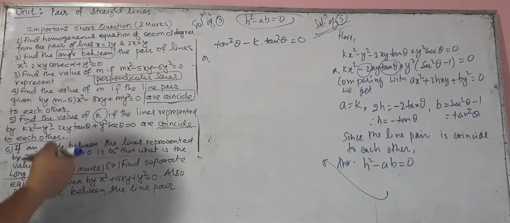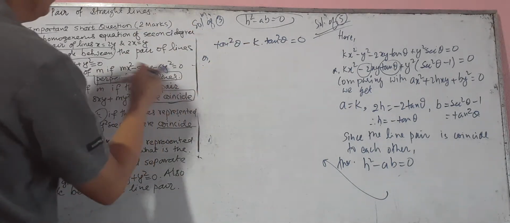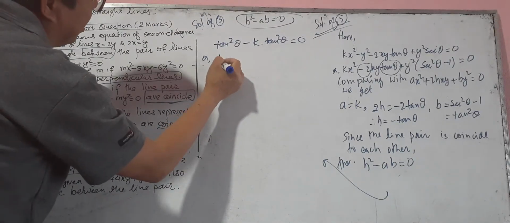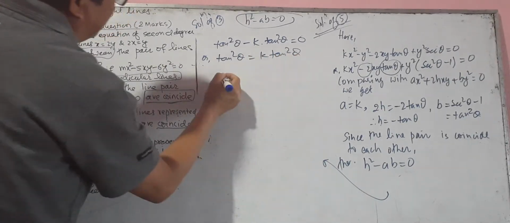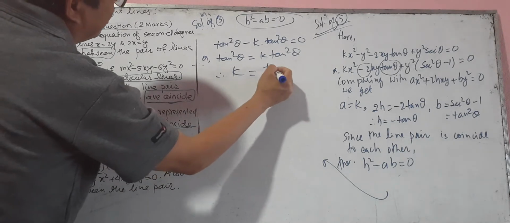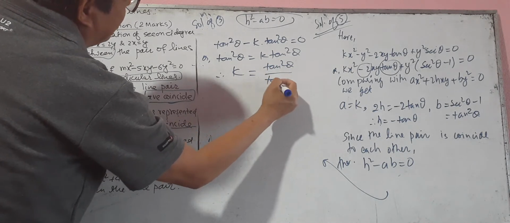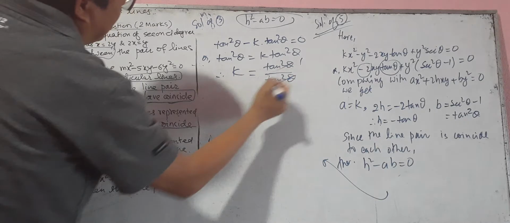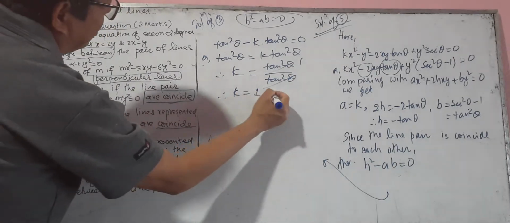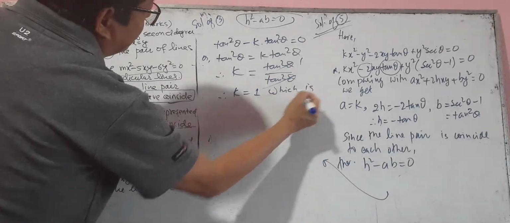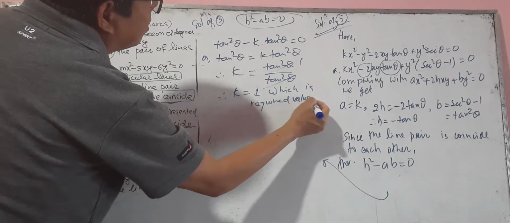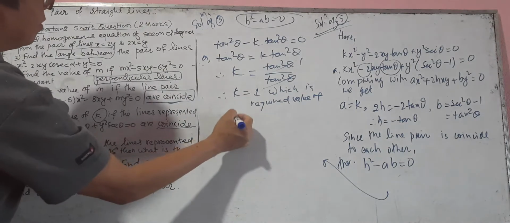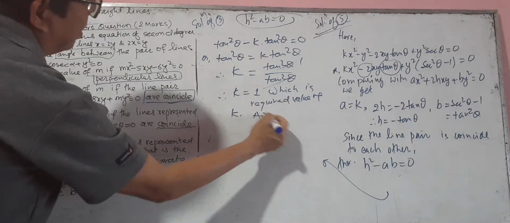So what we have here, we have to find the value of k. So tan square theta is equal to k times tan square theta, therefore k equals tan square theta by tan square theta. Both cancel out, therefore the value of k is 1, which is the required value of k. Okay, let's complete the solution of question number